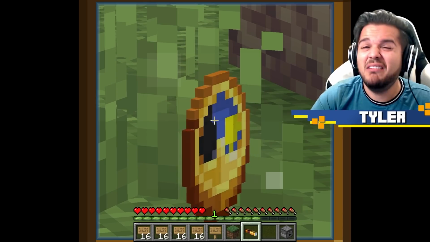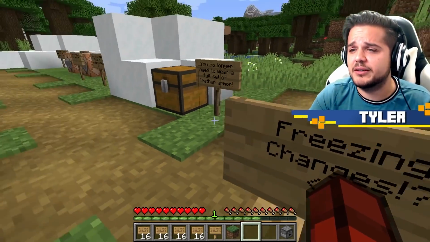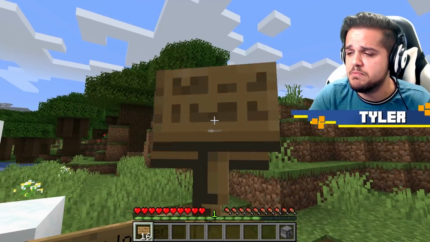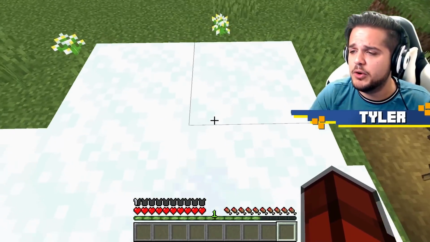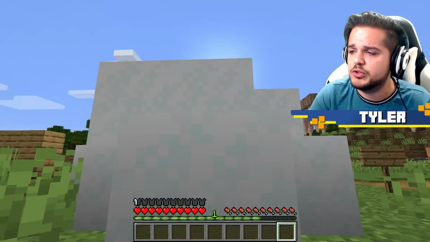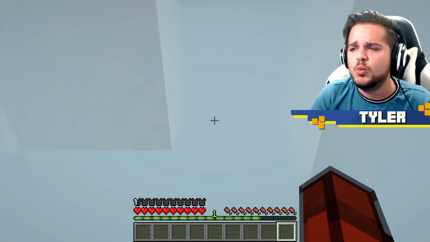What time is it? Well, I suppose you could say it's time to move on to the next thing, which is changes to freezing. You no longer need to wear a full set of leather armor to be immune to the freezing effect. Leather boots, do your thing. You're not going to be frozen in the same capacity any longer, even stepping right into the midst of these frozen blocks, okay? You still slow down a little bit, but that freezing effect will no longer